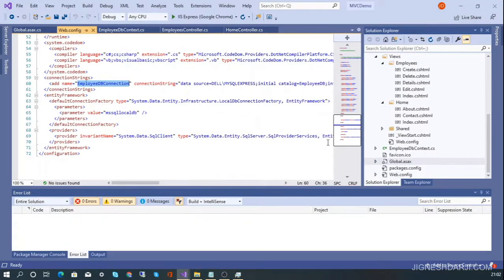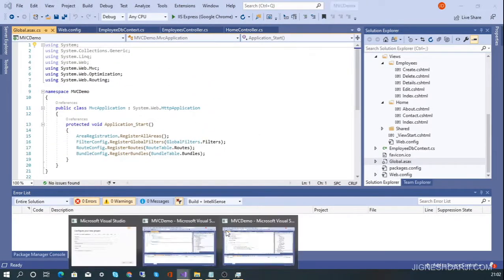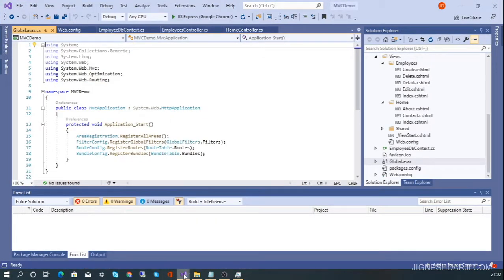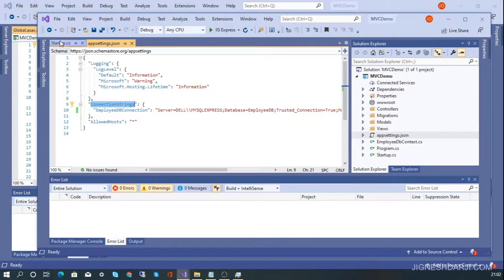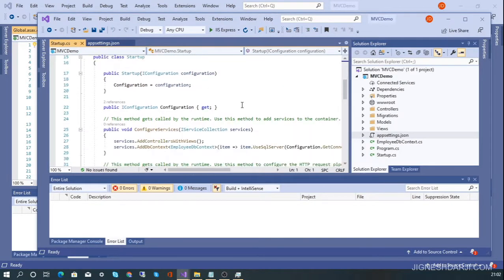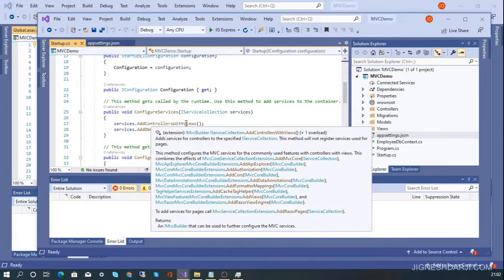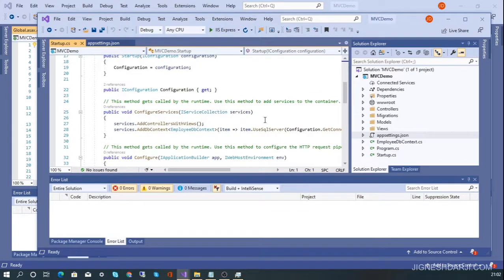So we need to handle all these startup related activities in this startup.cs class. Okay, you can check over here, some configuration is inbuilt, like add a controller with the view. That is the extension method to register the MVC services support for the controllers, API related features and view.